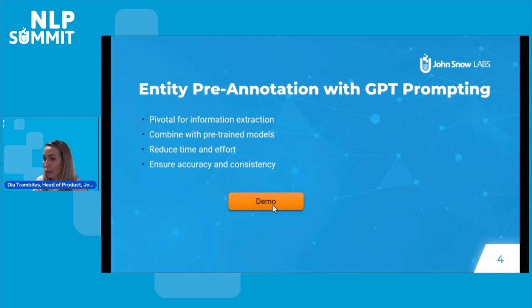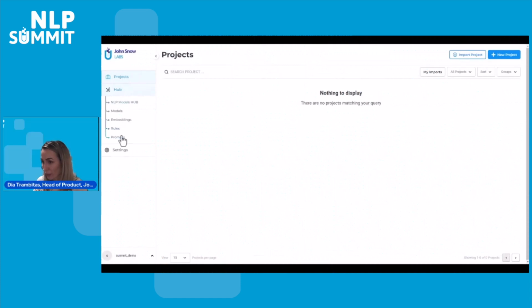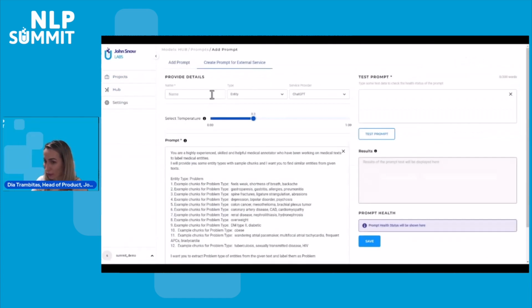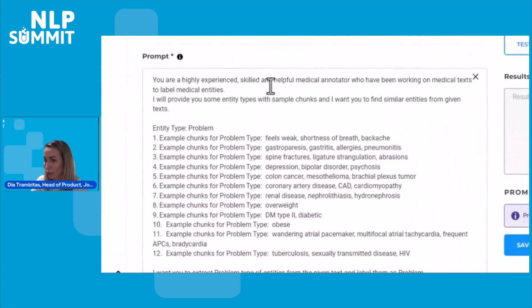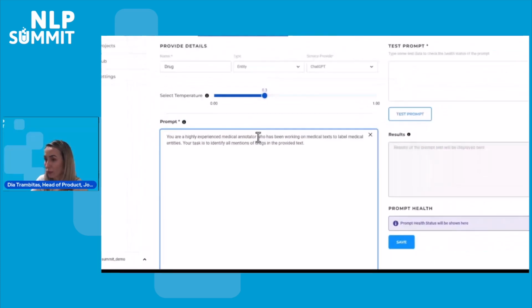But we added a set of post-processing features to the NLP Lab, allowing result validation as well as reconciliation of entities identified by ChatGPT and fixing of the return indexes. Now let's see how we can use it in practice. So same as for the classification prompts, I need to navigate to the hub of resources, add a new prompt, specify the name of the prompt, and choose the entity type. And that's it. I put in the text of the prompt,